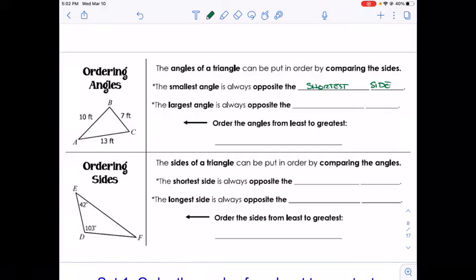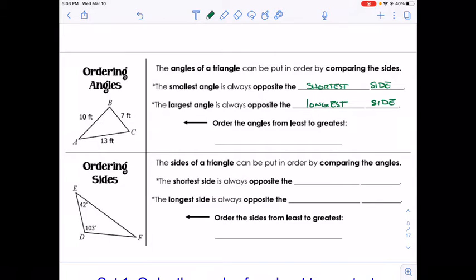The largest angle is always across from the longest side. So there's a relationship between the sides of the triangles based on the longest, the shortest, and the middle. So let's look over here. We're going to order these angles from least to greatest. So this is one thing you're going to have to do, be able to determine which angle is across